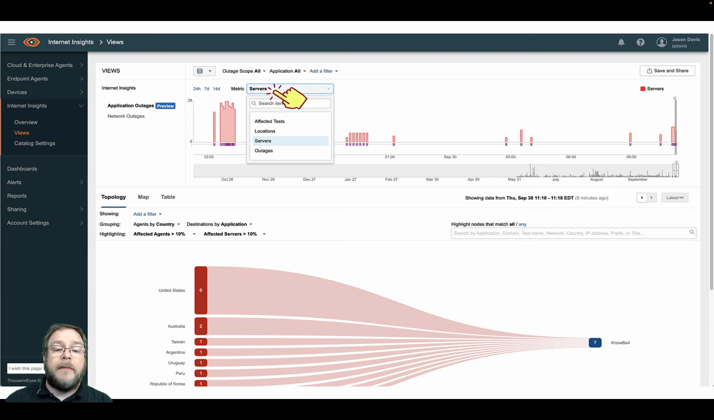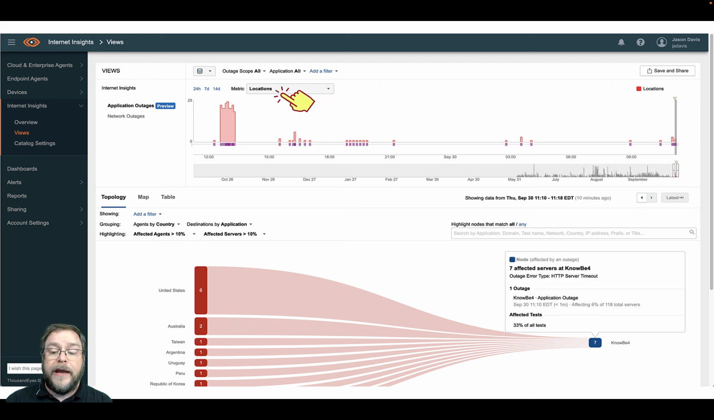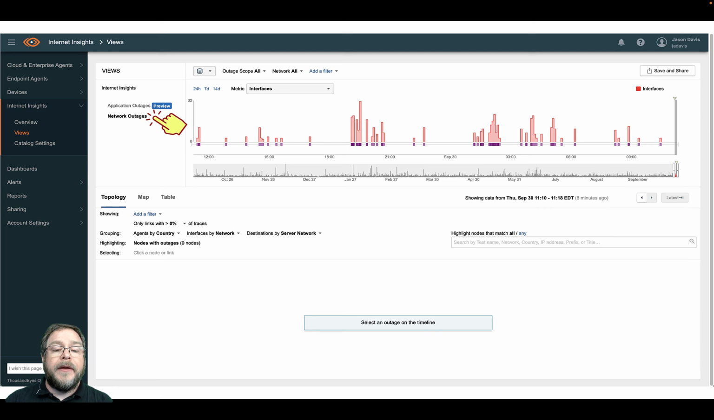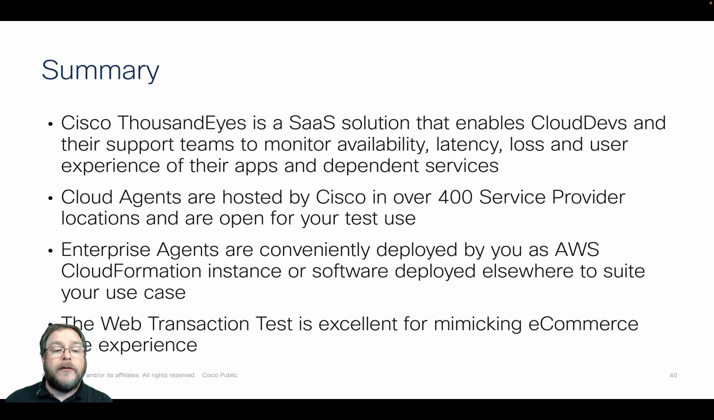And we can change that metric to another option if we're interested in something like locations, where we can then zoom in on the node, which is node B4, and then find out information about how many tests are being affected by that. Additionally, we can navigate down to network outages and find out what networks, what countries, and servers are part of this outage, and make notes if we care to, and get some really good understanding that this outage may be